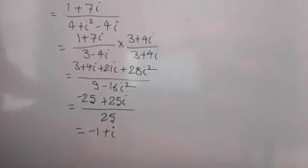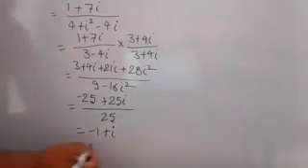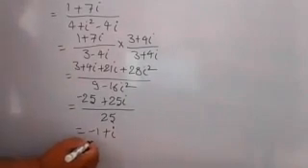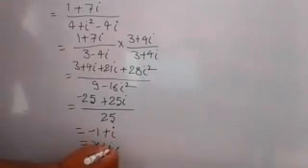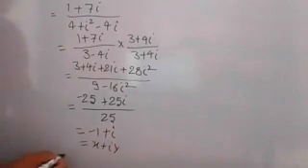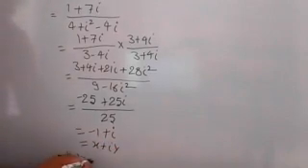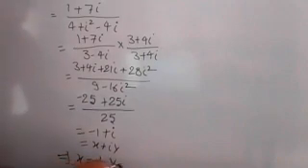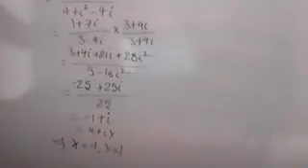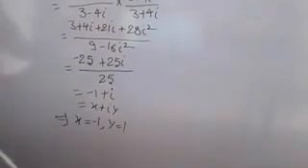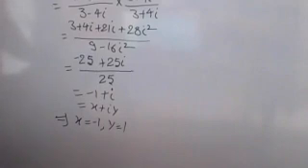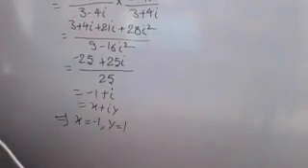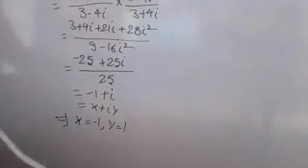Okay, note it. And now comparing it with x plus iy, you have x equal to minus 1 and y equal to 1. So here x is negative, y is positive. So you can say z lies in the second quadrant, x negative, y positive. Okay, so you find the value of the modulus of z.